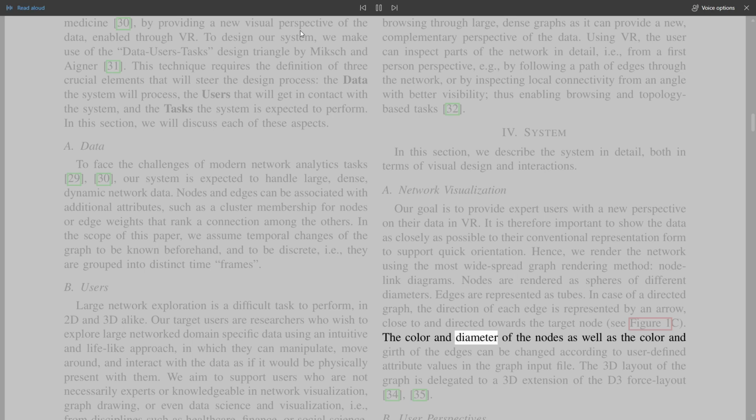The color and diameter of the nodes as well as the color and girth of the edges can be changed according to user-defined attribute values in the graph input file. The 3D layout of the graph is delegated to a 3D extension of the D3 force layout,